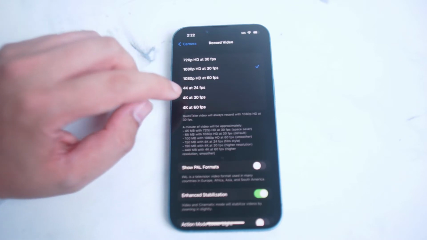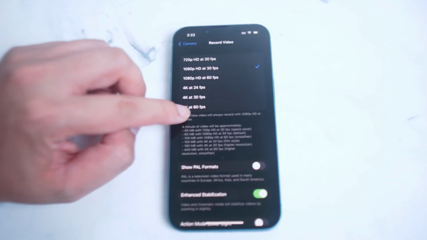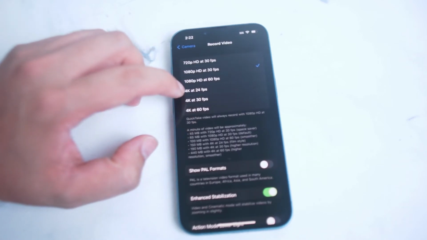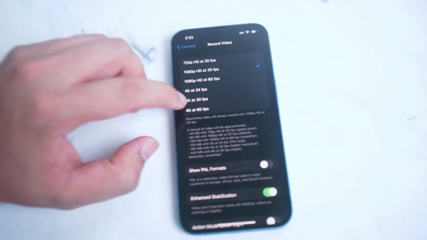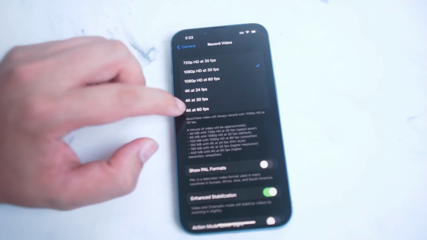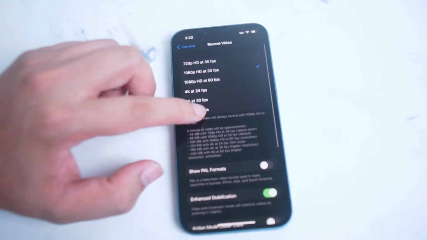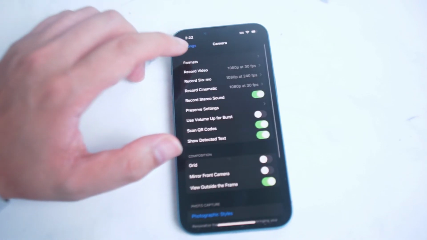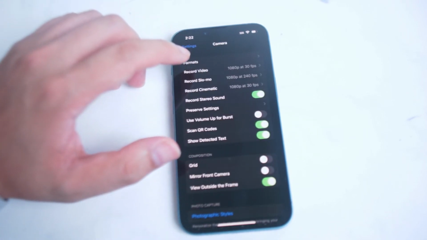Thankfully, Apple has included 4K recording capabilities on this version of the iPhone, and here you can choose between 4K at 24 frames per second, 4K at 30 frames per second, and a very nice 4K at 60 frames per second. If you go back, you can also see that you can adjust the cinematic and slow-mo modes for the